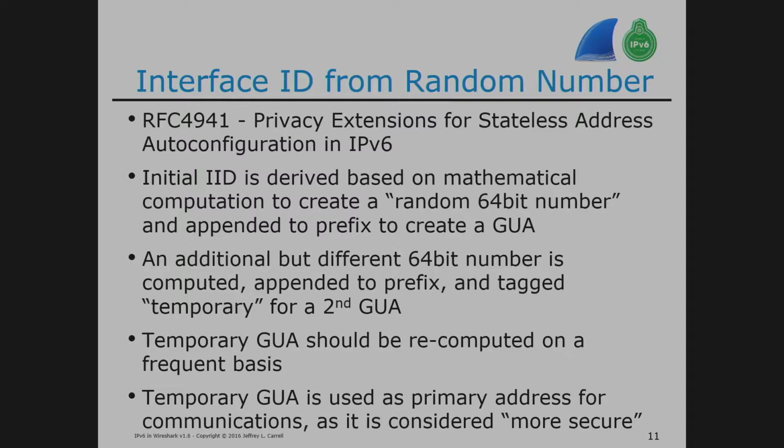Which means, remember I said a while ago you could have the 4 global unicast addresses, one from DHCPv6, one from static, and upwards of 2 from random. And of the randoms, the temporary is the most preferred out of all 4. Static, who cares? DHCPv6, who cares? I got a temporary. That's going to be my source GUA address. That is not my expectation the first time I saw that. I thought my static address would be the most preferred. It is not. The temporary, by the standard, is supposed to be the most preferred because it's considered the most secure. Because it changes. Means you can't be found.